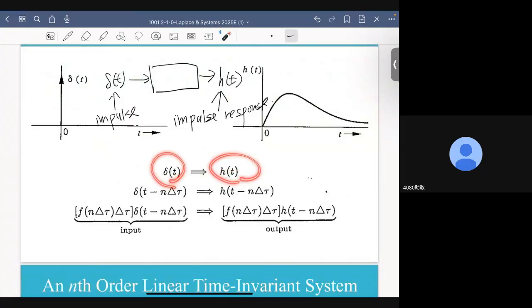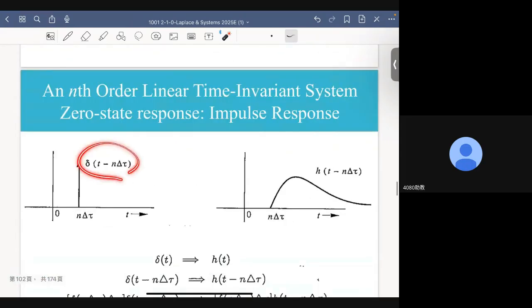Now the next thing I do is I will delay the input by